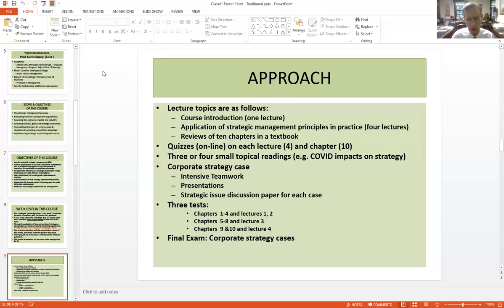Then you will do your corporate strategy case with your teammates. There's a lot of work here. At the end of the course, you and your teammates will present your case. There's quite a bit in the outline and the scope of these cases, and I will give you an outline. As a matter of fact, there's an outline already on your Moodle shell that explains the scope